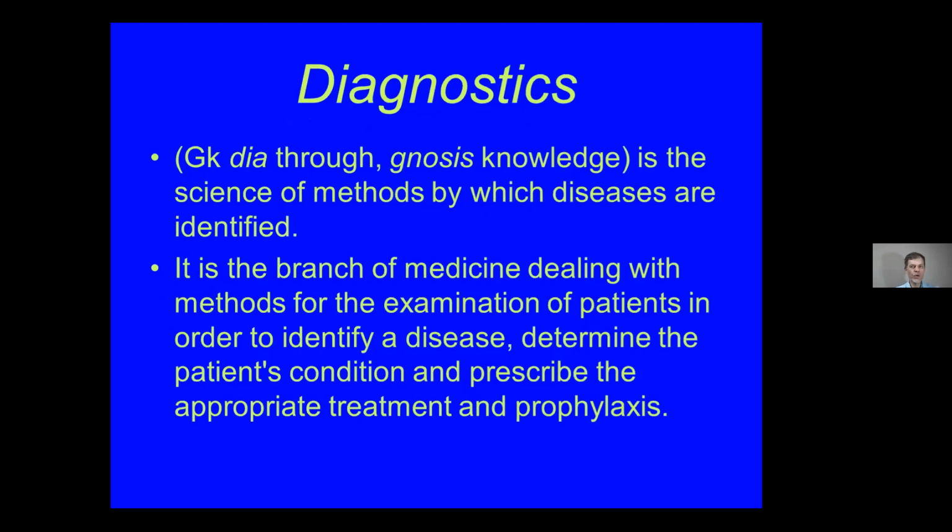But how do we know what we should treat? We should first find the proper diagnosis, to do diagnostics. Because if you don't know what has happened, if you don't know what disease it is, you can't prescribe proper treatment. That's why doctors usually do two main things: diagnostics and treatment. And don't forget prophylaxis or prevention, because in many cases it's much easier to prevent a disease than to treat this disease.